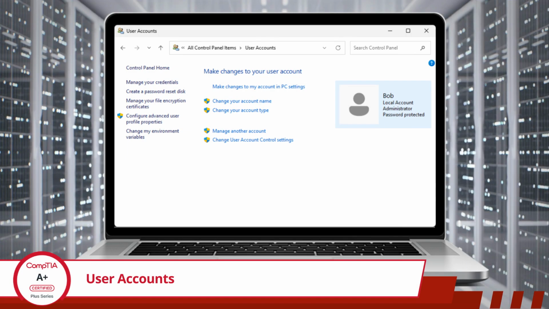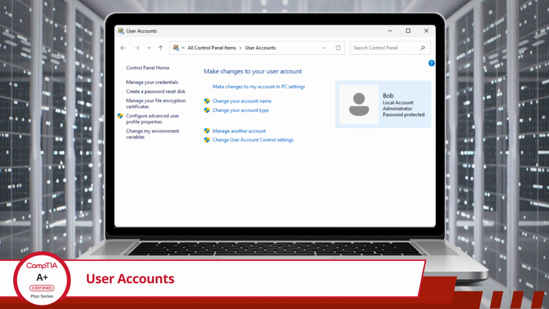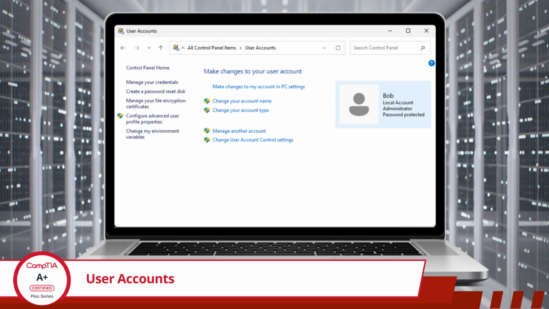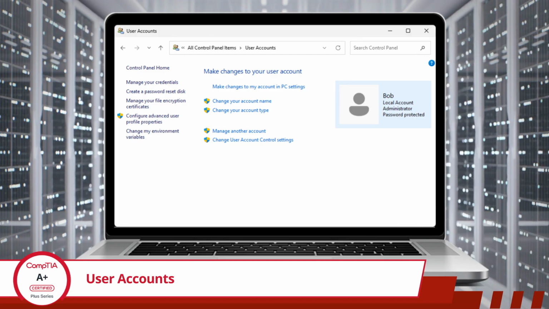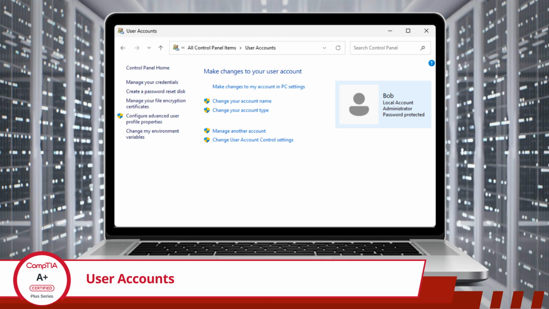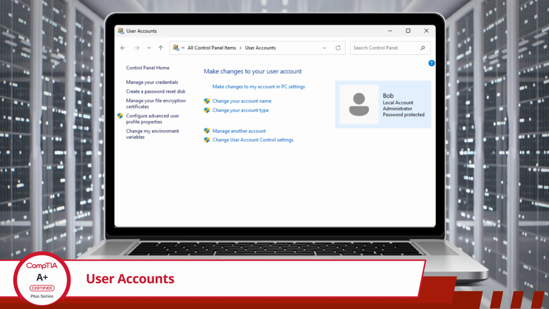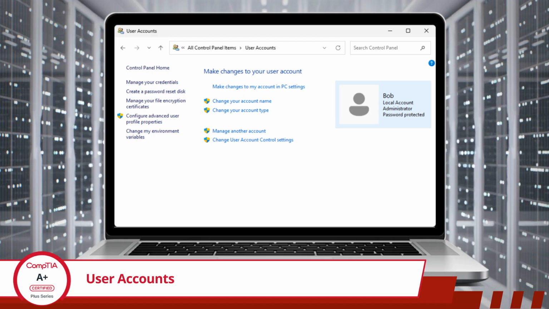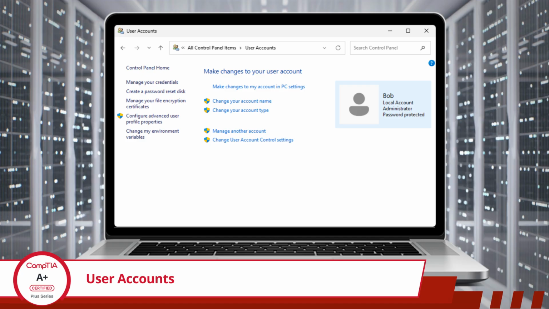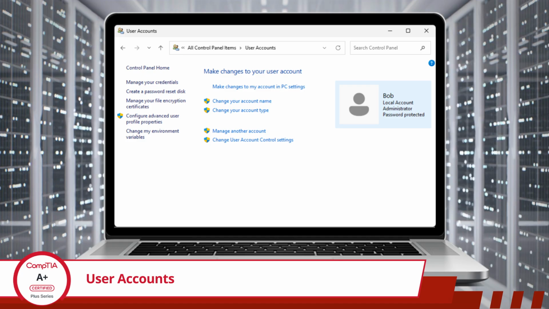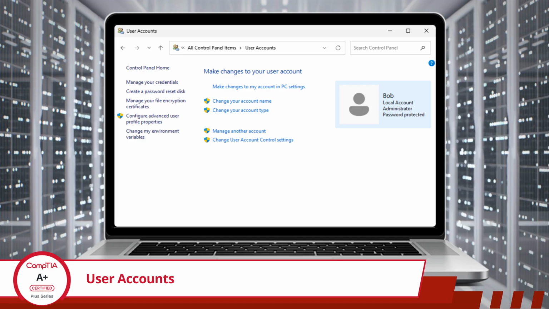When you click on User Accounts within the Control Panel, you will be taken to the User Accounts section. From here, you'll see several options, such as change account name, change your account type, manage another account, and more. These features allow you to customize user accounts to meet individual needs while helping keep your system secure and well organized. To walk through a few of these features, the Change Account Name option allows you to rename an existing